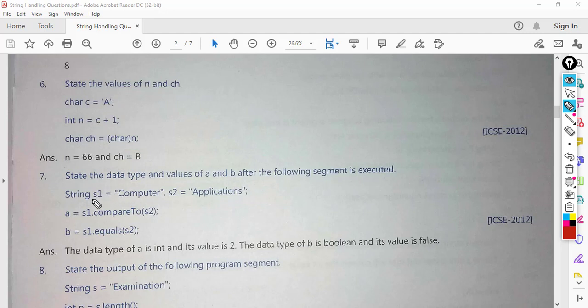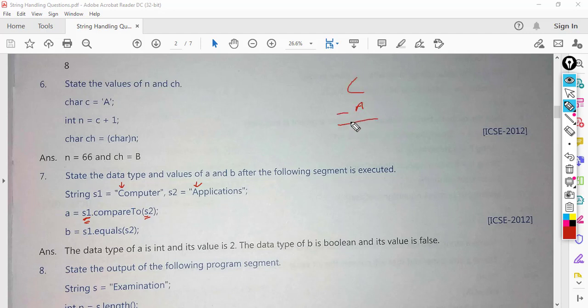Next one, string S1 is storing computer and string S2 is storing applications. Now S1.compareTo(S2). So where is the first difference occurring in both the strings? At which index? It is occurring right here, at index 0. So it will be C minus A, because S1 is the object here and S2 is the argument.